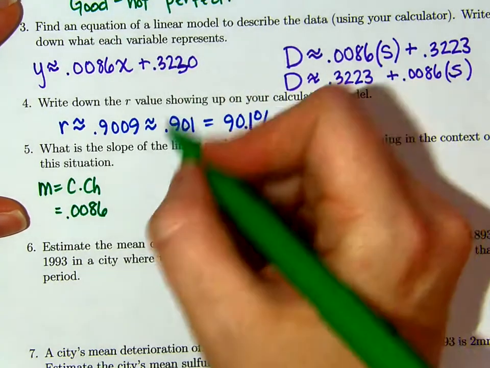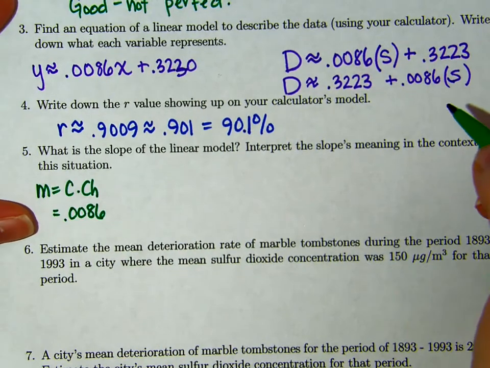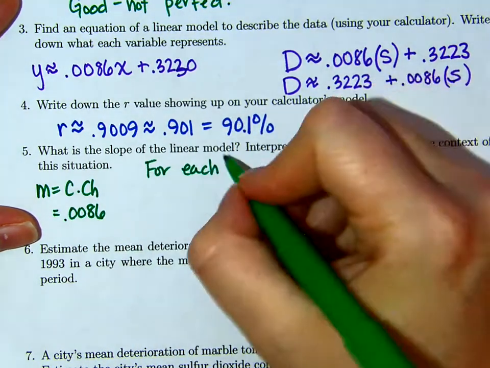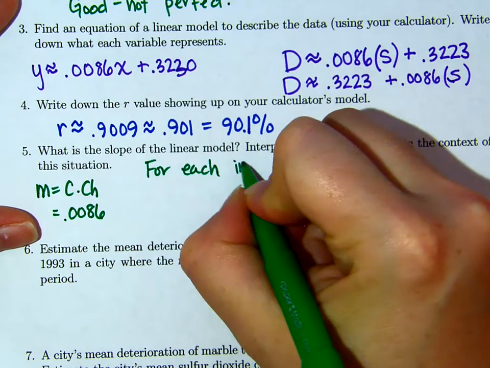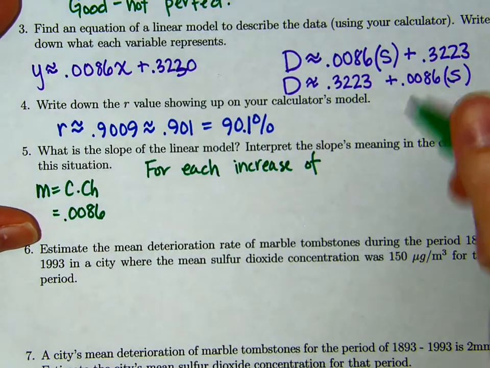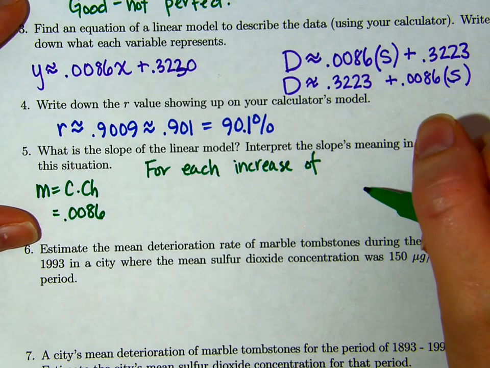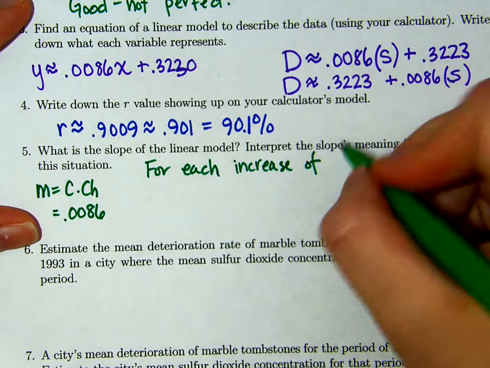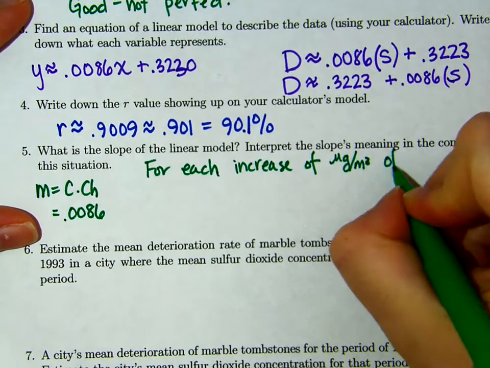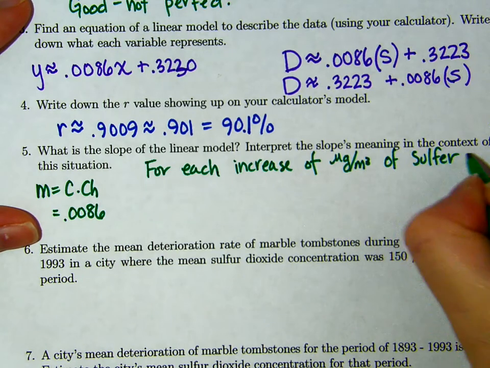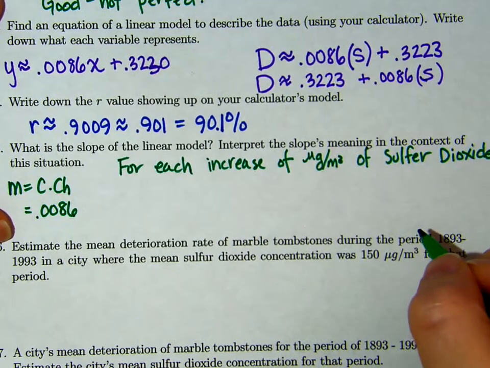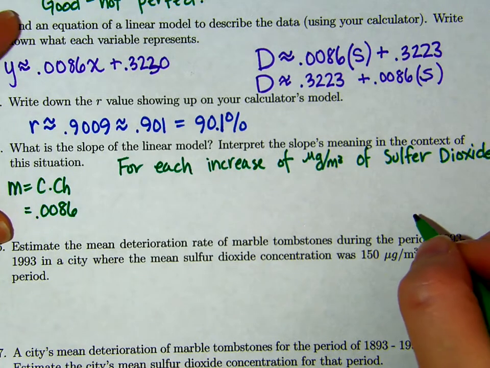Well, for each increase of micrograms per cubic meter of sulfur dioxide concentration in the air,